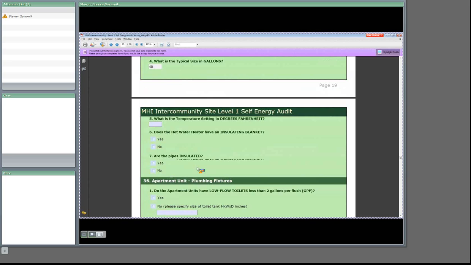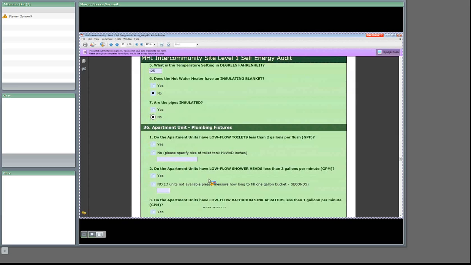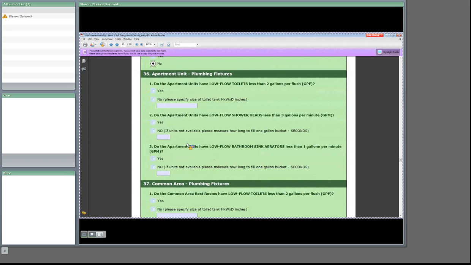What temperature it is, again, if you just have a general dial and you can't tell, run the water for that hot water tank and actually measure it after 3 to 5 minutes of running. What that temperature actually is, is the actual tank insulated, and are the pipes insulated? We're now at the apartment unit plumbing fixture